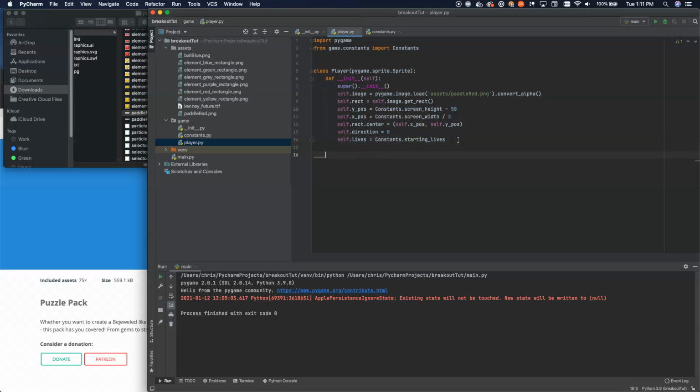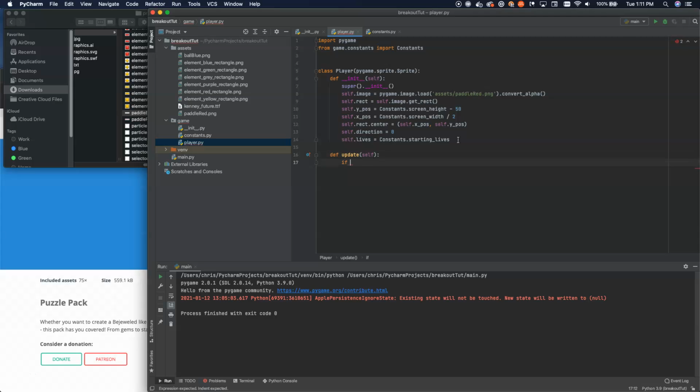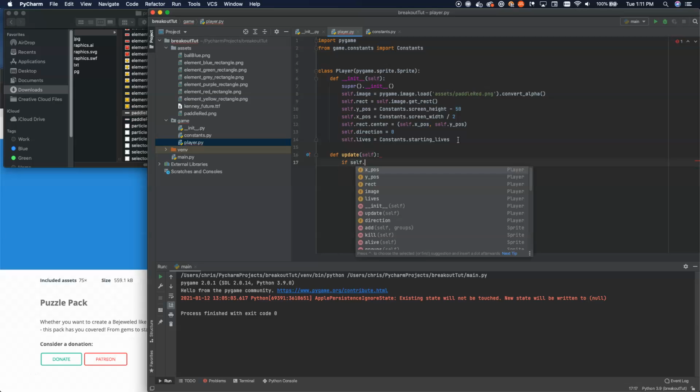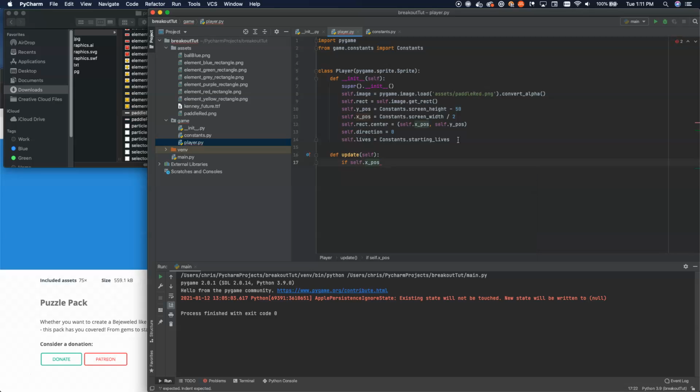Now that we've finished our initialization, that's everything that we need to set up in here. The next thing we need to do is set up our update. Okay, and so we'll set up our update with self. There's a couple of things we can do in here. If self.exposition, if the center of our piece,